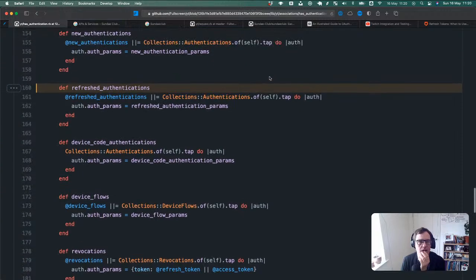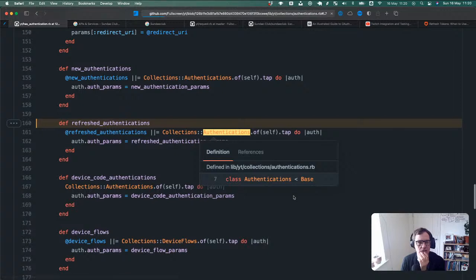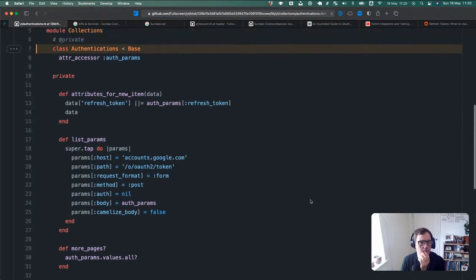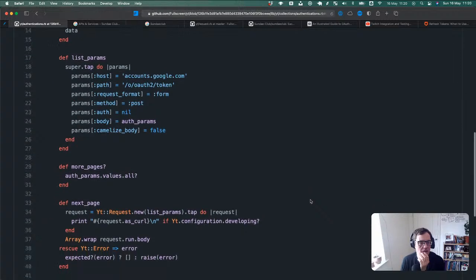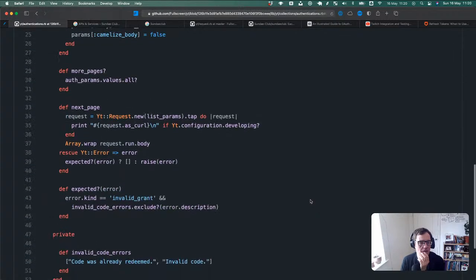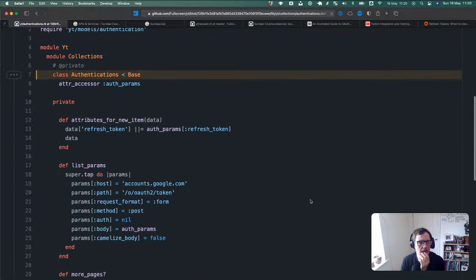Authentications of self, so it'll pass in. So I don't know what collection authentications is doing. Okay, so you can have.